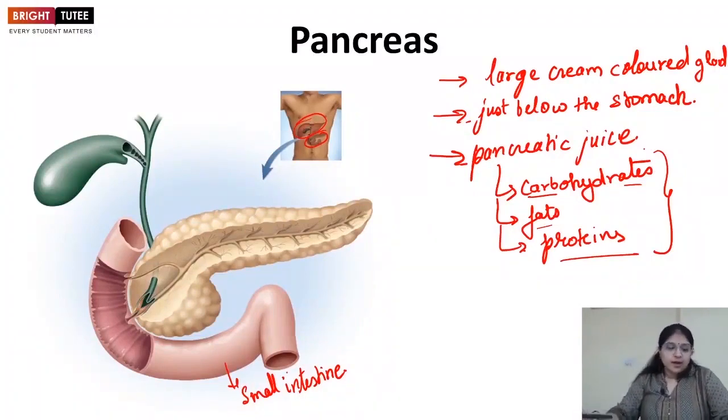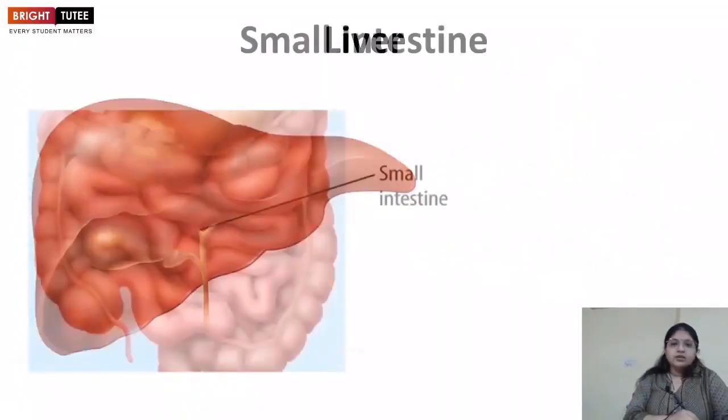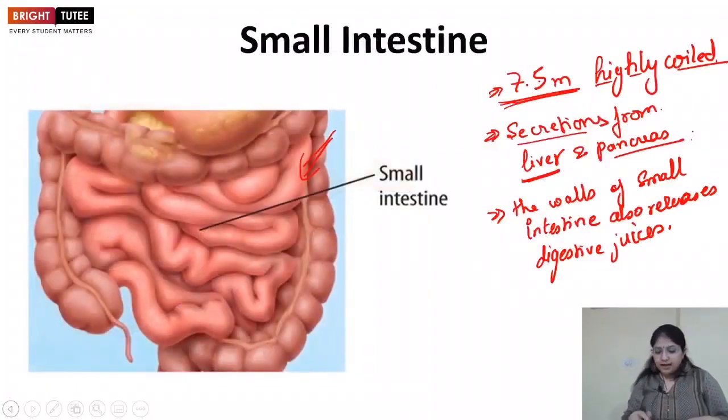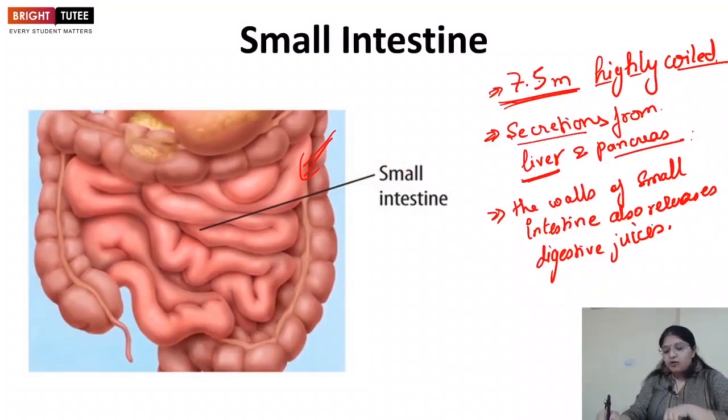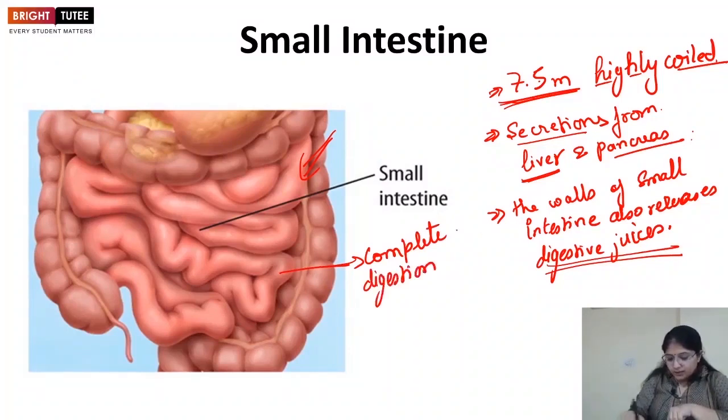all of these nutrients, right? Now with the help of these secretions, the food is partly digested. Now this partly digested food reaches the lower parts of the intestine, and as we know, the intestine also secretes its own digestive juices. So complete digestion, right? So complete digestion takes place in this part, right? So complete digestion occurs in the small intestine, where how does it occur is that